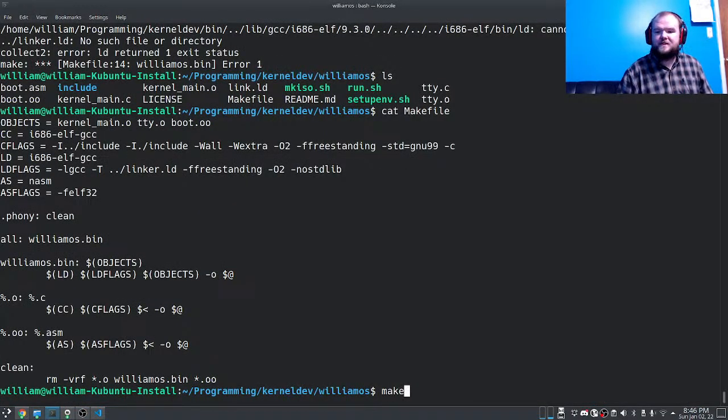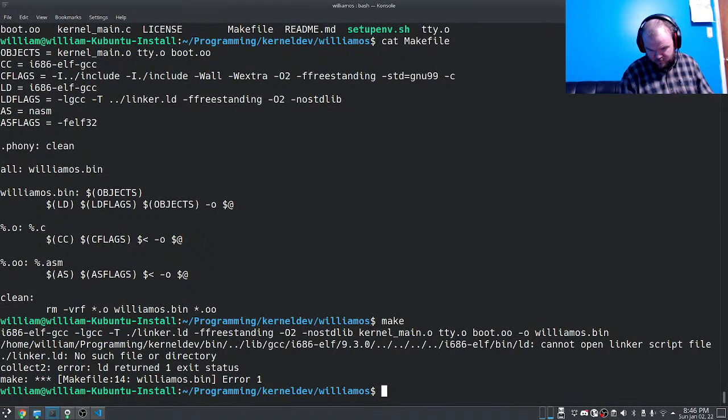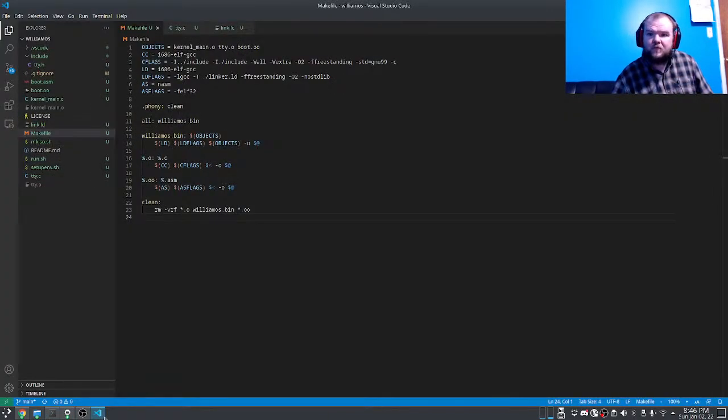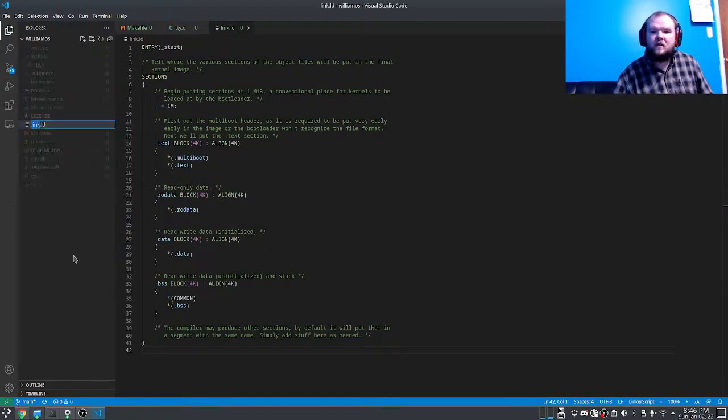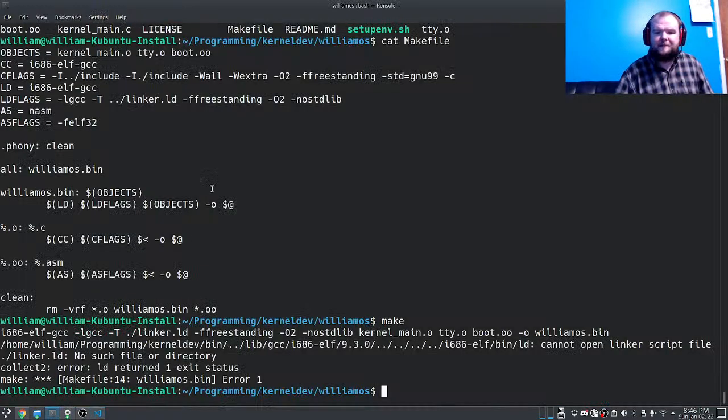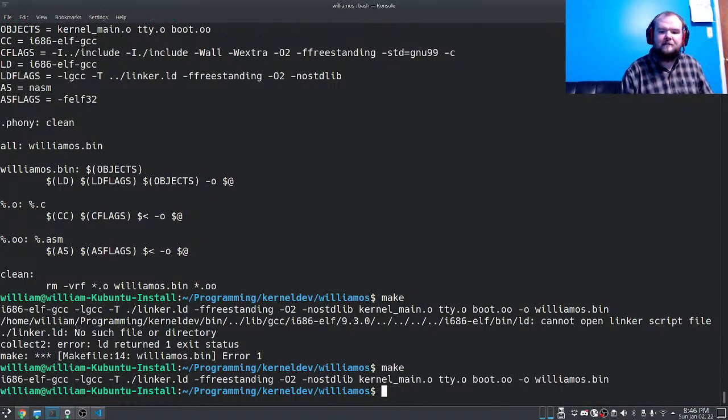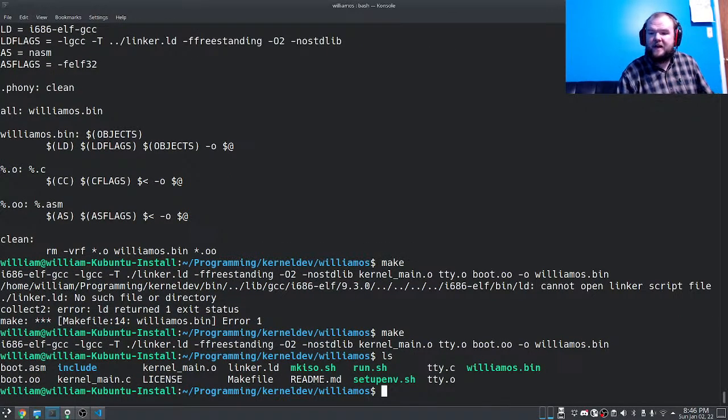Ooh, the joys. Yes! We now have a bin file, so